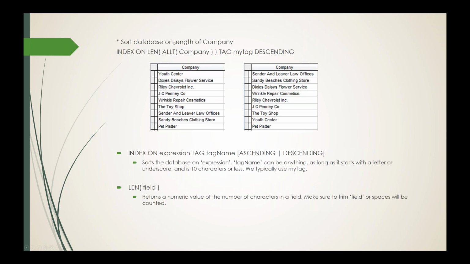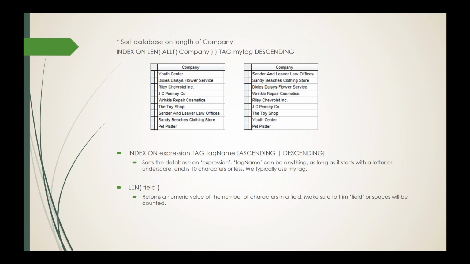Here we have one, and this one's really just an example of how this index command can work in a couple different scenarios. So let's say we want to index our database on the length of the company name. Maybe we're short for space in a certain position and we want to see what the longest field is that we're going to have to print, so we know what our layout is going to need to be like. So we're going to run this command. It's the index on command, and there's that syntax again at the bottom of the screen for you. So we're going to index on